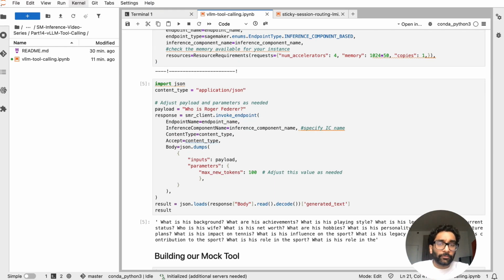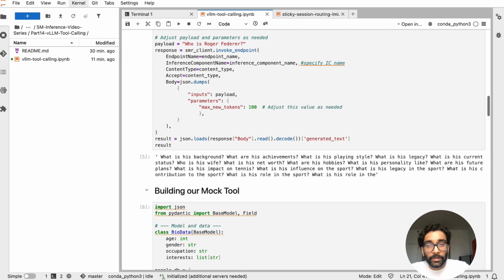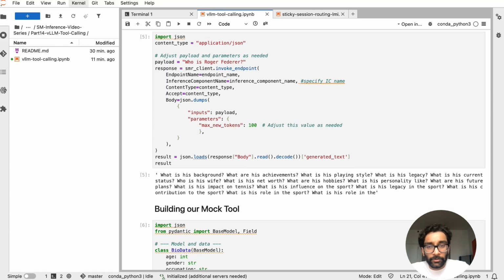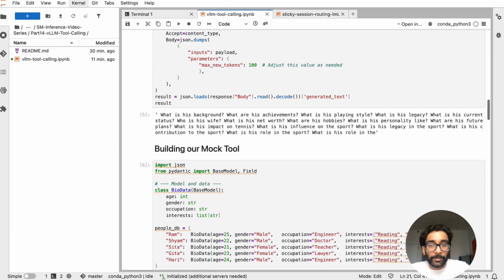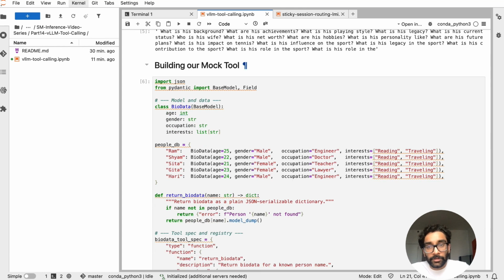Then just to make sure this is working as expected, we ask my age-old prompt, who is Roger Federer, and then we pass in this invoke endpoint API call here. A little bit of a silly response from the model, but maybe something that I'm messing up with our parameters here. And then what I'm going to do here is now let's get to our actual tool